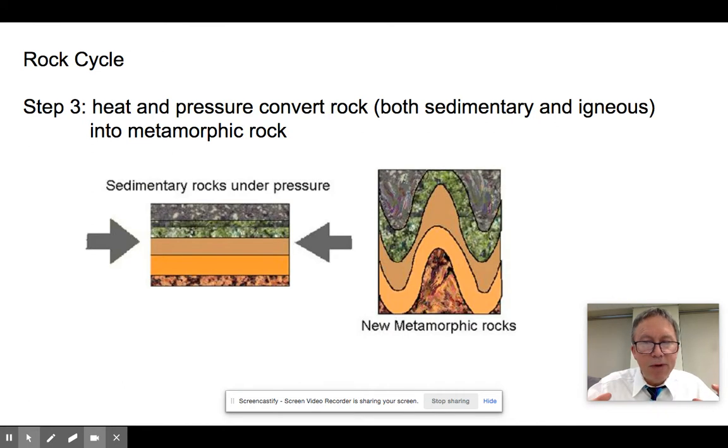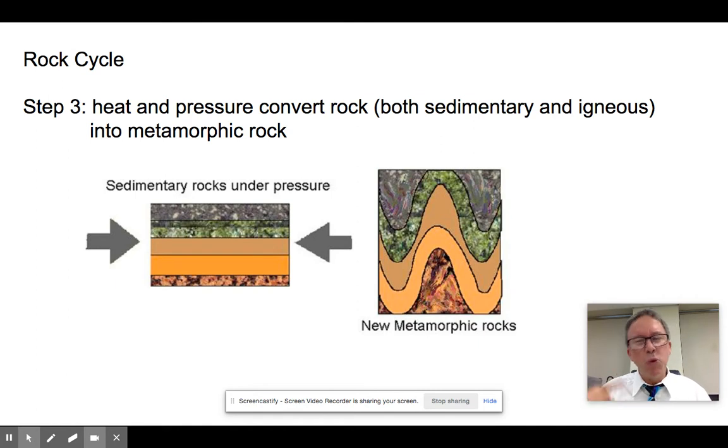Then heat and pressure cause it to turn into a metamorphic rock. So it can either just be heat itself or it can be heat and pressure. But the end result is what was a sedimentary rock is now becoming metamorphic. Now it's worth noting, you know what? You can have erosion of sedimentary rocks. You can have erosion and transportation of metamorphic rocks. You can have metamorphosis of igneous rocks. You can have metamorphosis of metamorphic rocks. Okay, so it's not like